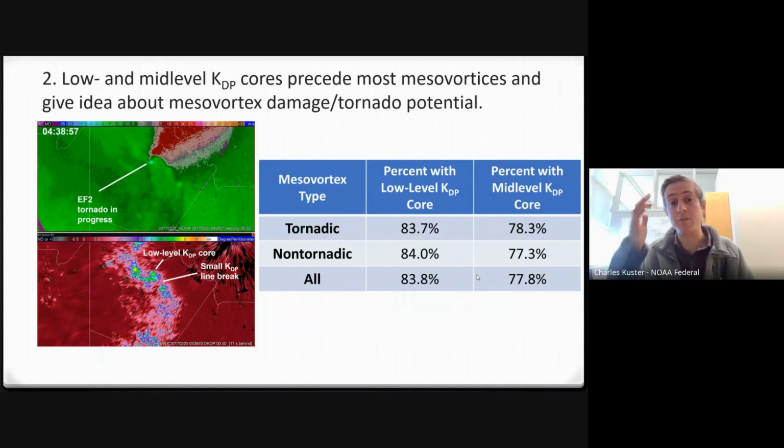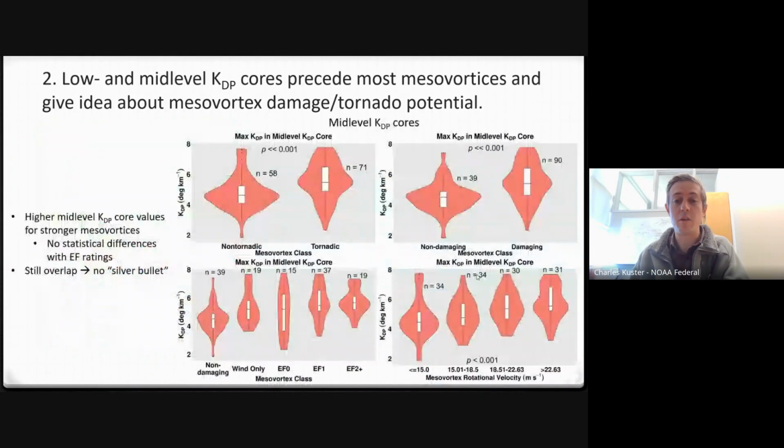I think that makes sense: if you have a surge in the line and your three ingredients are met, odds are there's going to be a mesovortex, unfortunately. So that's where it comes to, this is a mesovortex precursor. Then the next step is, with either a number of confidence builders or with magnitude, can we get to a point where we can say this particular surge in the line deserves a severe thunderstorm warning, or this particular surge in the line deserves a tornado warning? And I'm curious what you think about this. In the paper that we're working on,